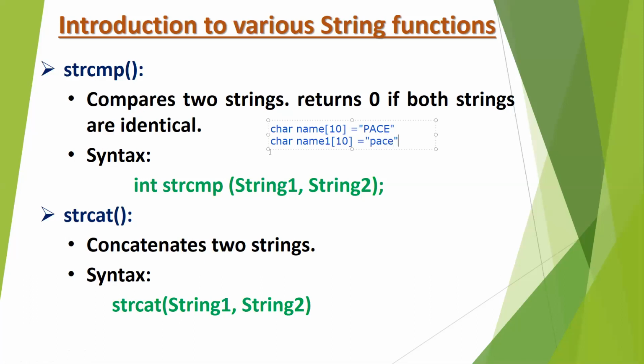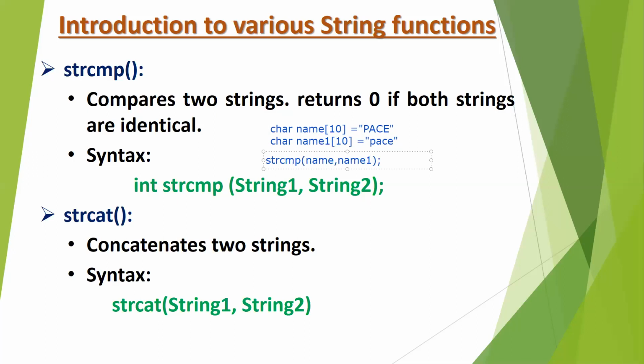These two, name and name 1, are different variables, different strings. Name 1 has a space in capital letters, name also has a space, but the case is all different. So when you use strcmp of name comma name 1,